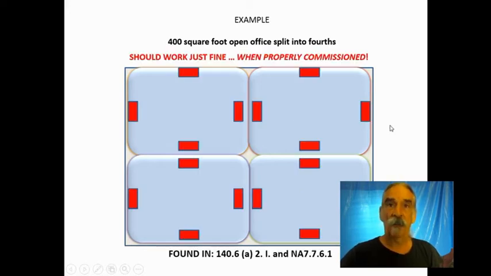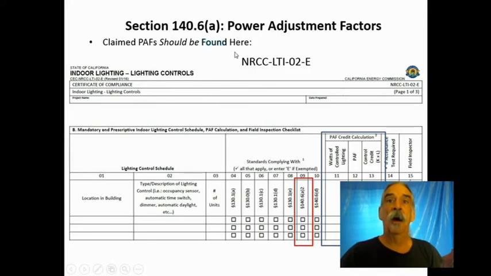We also have this better scheme than trying to control it with one sensor in the middle, which isn't going to work worth a hoot, is to surround the area with occupancy sensors that catch the edges and look in. The installation of this power adjustment factor was previously indicated here on the certificate of compliance for indoor lighting,